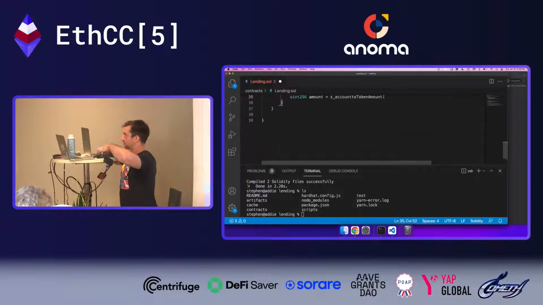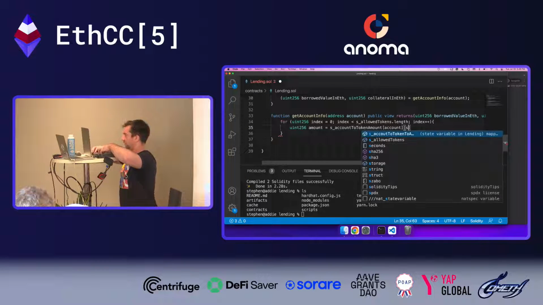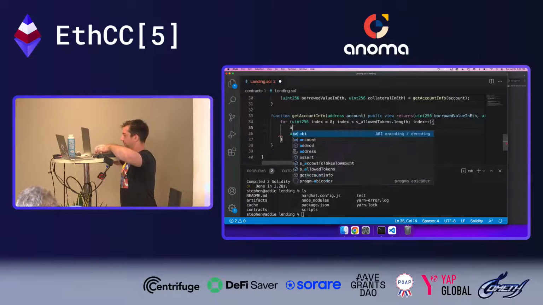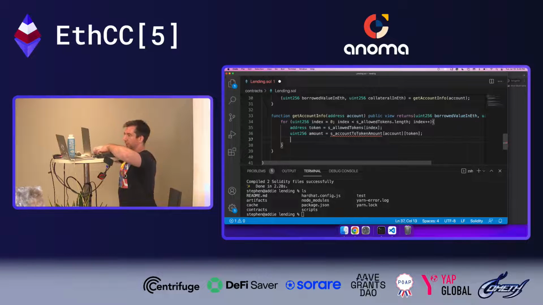Token amount, that's what it's called. Yep, count to token amount. So we'll do account, and this will be s_allowed tokens. Actually, let's make this a little easier. Address token, allowed tokens of index, and then we got to get the value uint